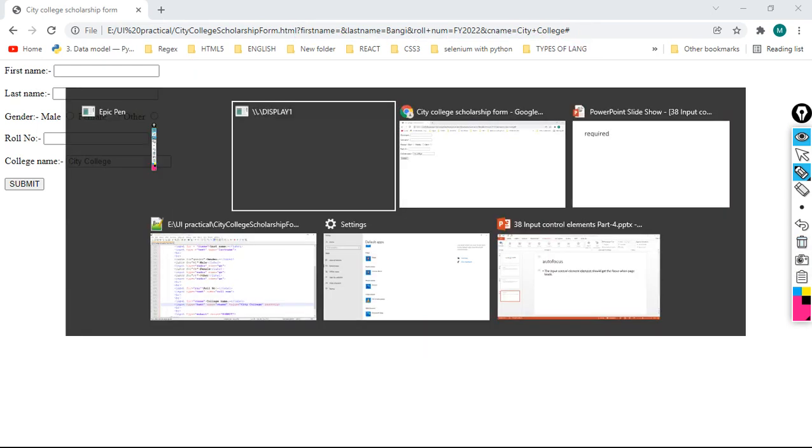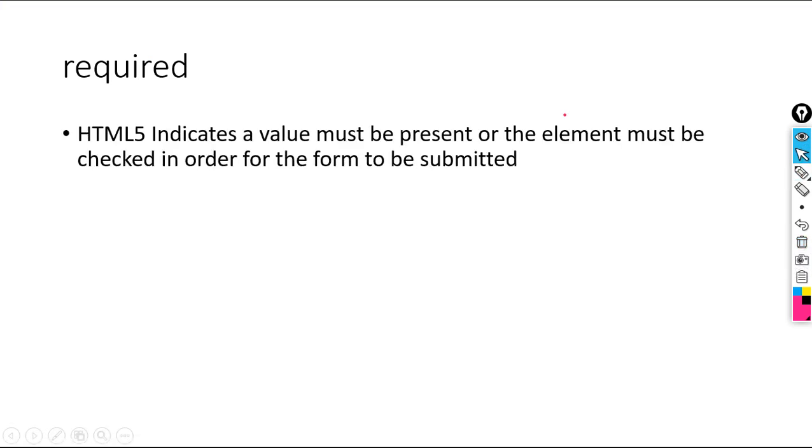Okay, what is the meaning of the required attribute? That we will understand here. Observe carefully. So HTML5 indicates a value must be present or the element must be checked in order for the form to be submitted. Let me read it once again.